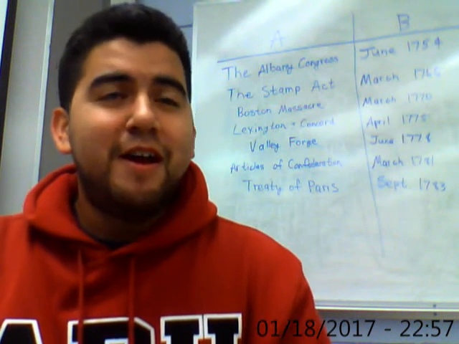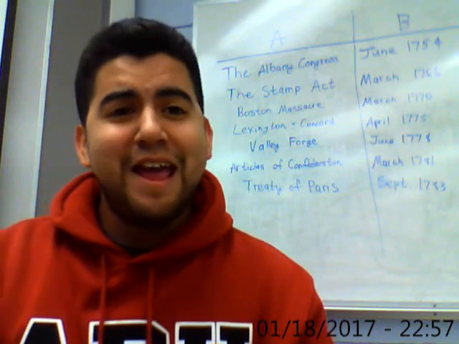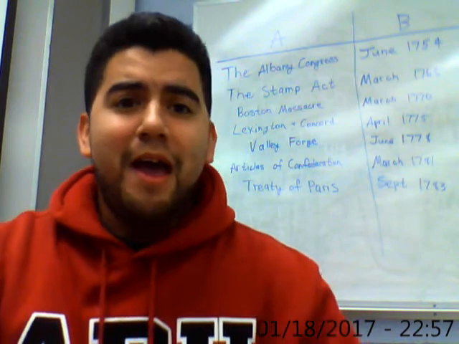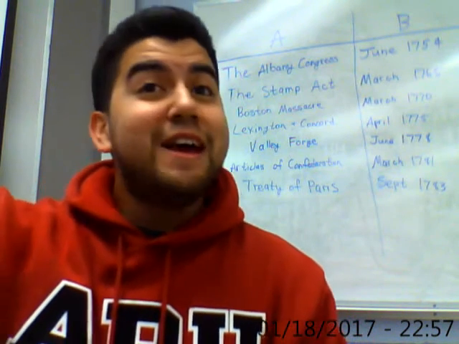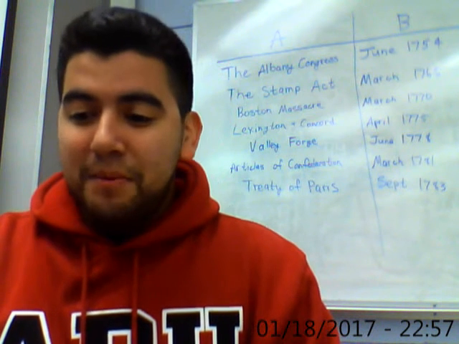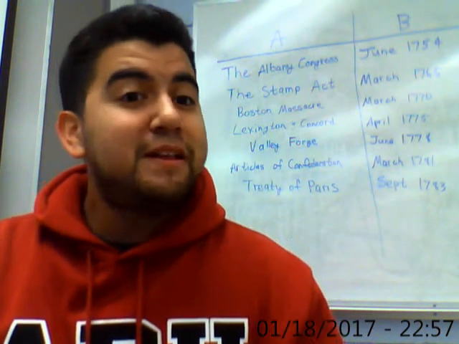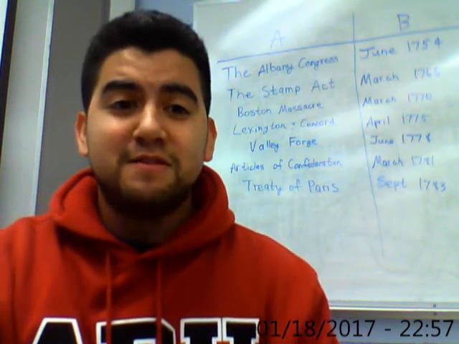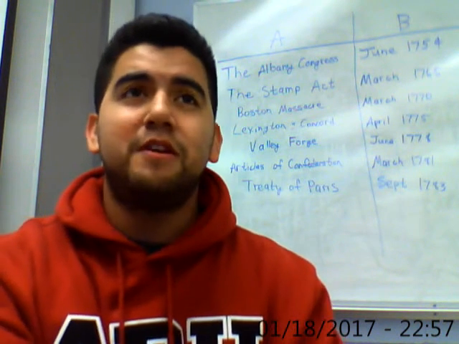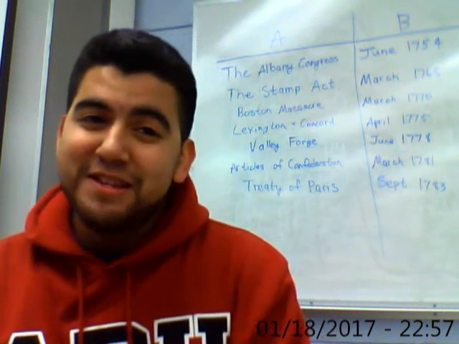Once you find your partner, then you're like, okay, cool, we're the Treaty of Paris. That happens at the end, so we're towards the back of the room. And oh, my best friend has the Albany Congress, so he's going to be at the front. So I think it's really memorable, and it can be used for big classrooms, small classrooms. I like this as a review before a test because your students already know all of your terms, and generally when they happen, so they'll know that all of those considerations happen towards the end.